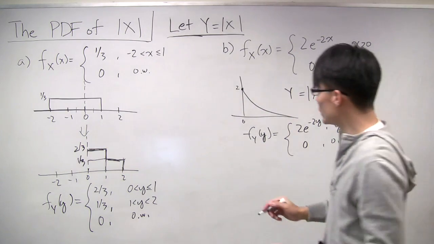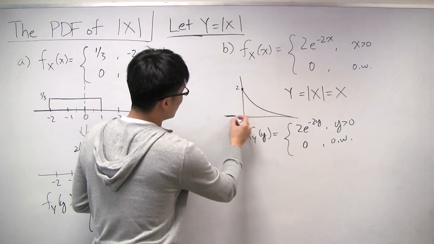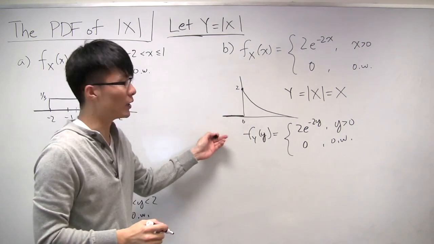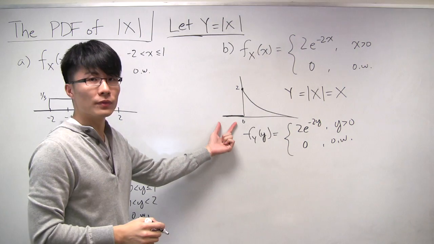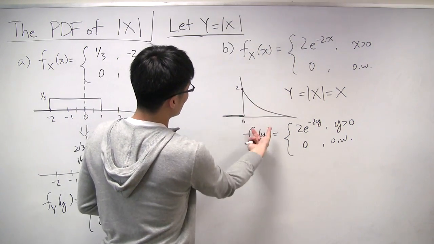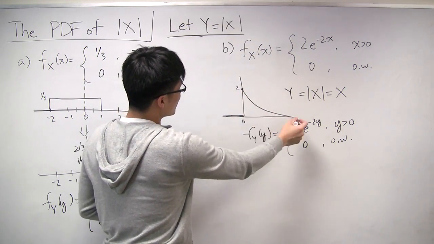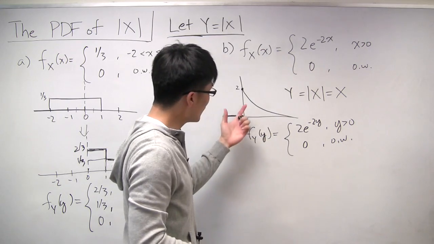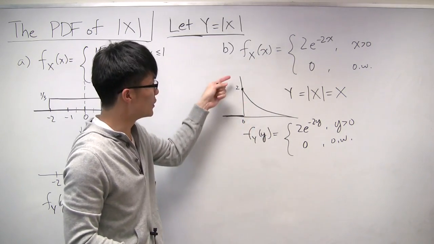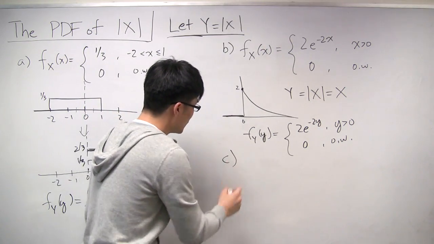Now you can also see this graphically, because to the left of 0, the negative part, there is no PDF. The PDF is 0. And so if you were to take this, flip it over and drop it on top, you wouldn't get anything, right? Because there's nothing there. And so the entire PDF, even after you take the absolute value, is just the original one. So to generalize,